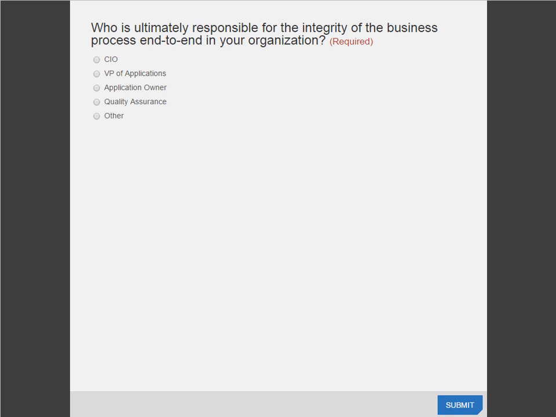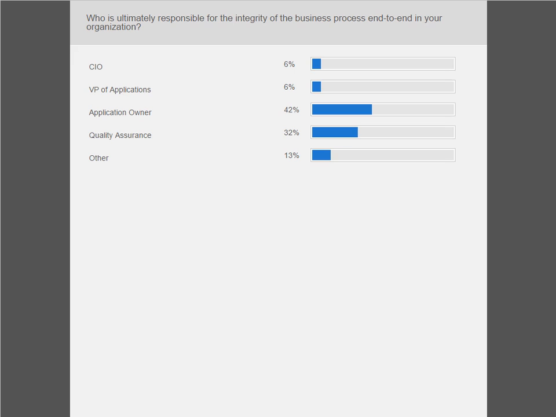Okay. As you can see the results here. The largest response is the application owner, followed by QA. Having done similar presentations over the last 10 years, I think this is a little bit of a sea change, where quality and the integrity of the end-to-end business process was once the province almost exclusively of QA, and things have evolved as the shift left of the QA process gets moved